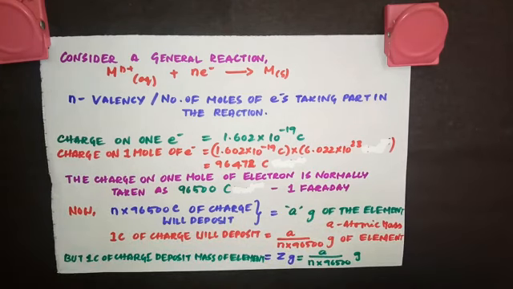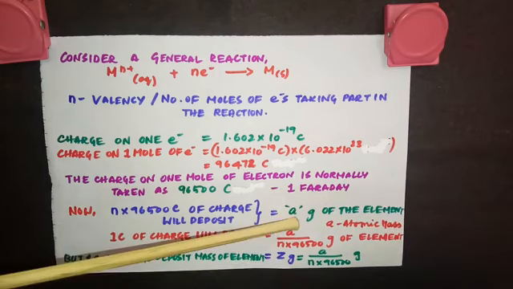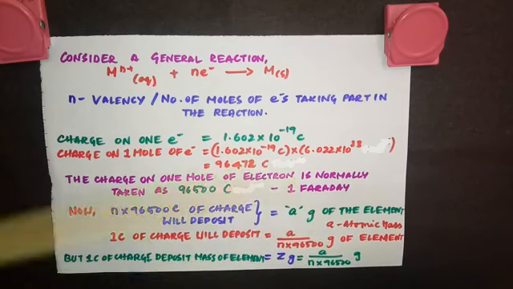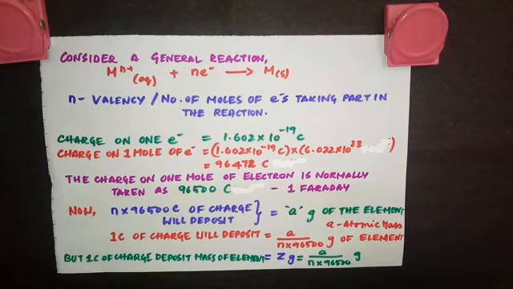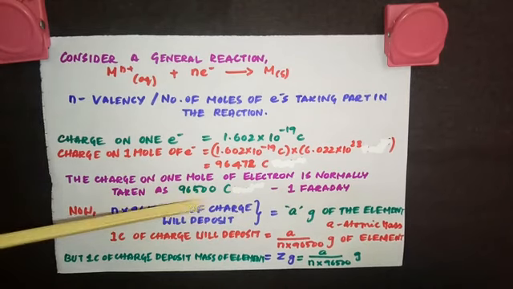But just now we have seen in the definition of electrochemical equivalent, 1 coulomb of charge will deposit Z gram of the element. So you can equate Z gram to this. So Z gram is equal to A divided by n into 96,500 gram, where A is the atomic mass and n is the valency of the element. This A by n is called as equivalent mass of the element. So if they ask you to calculate the equivalent mass, what you are supposed to do? Atomic mass divided by n, which is the valency. To understand this, let's take an example.